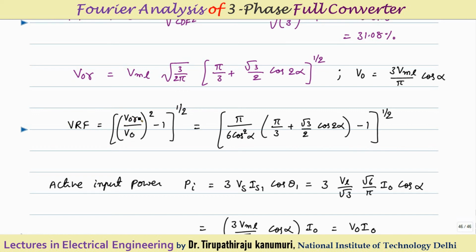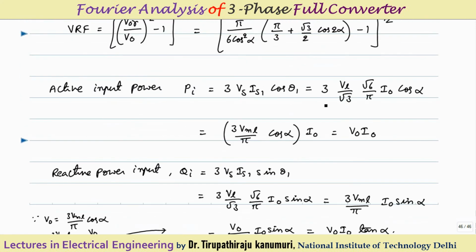So it will be the ratio of VOR divided by V naught, whole square minus 1, whole to the power of 1 by 2. How this came, we have already discussed in our previous lectures in Fourier analysis topics. So when I am substituting it, I will get this answer. No need to mug up these formulas. Only thing is you should know what the formula is. These other things we can calculate easily in the exam, and then you can substitute and get your answer. So please try to only remember things like what is voltage ripple factor.